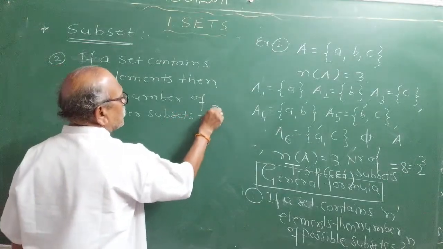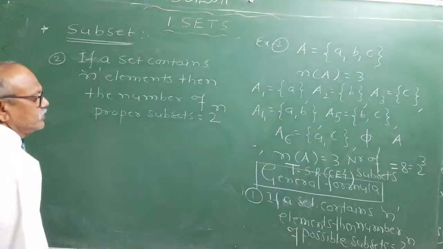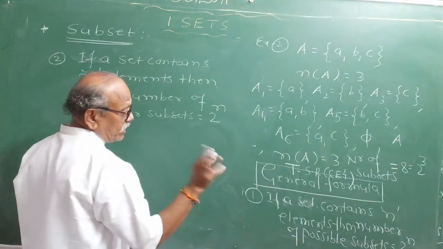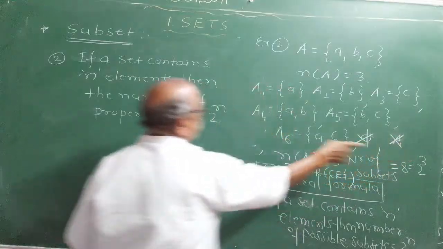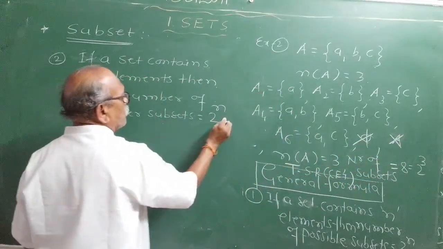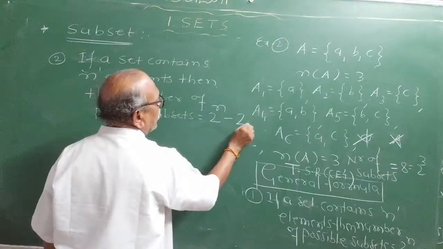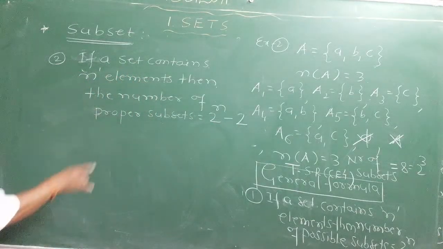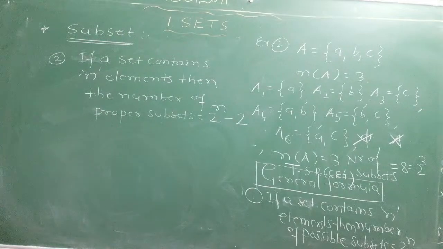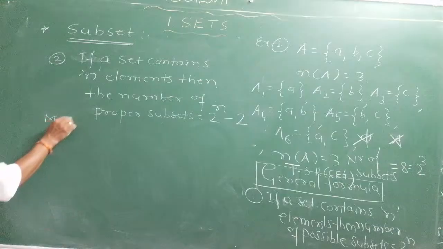Total number of subsets will be 2 raised to n. Of them you have to subtract 2 sets. Which? Null set and set itself are improper. If you remove them, what remains? Proper subsets remain. Therefore you have to take 2 raised to n minus 2. Minus 2 is the formula. Remember these two general formulae, and MCQs will appear like this a number of times